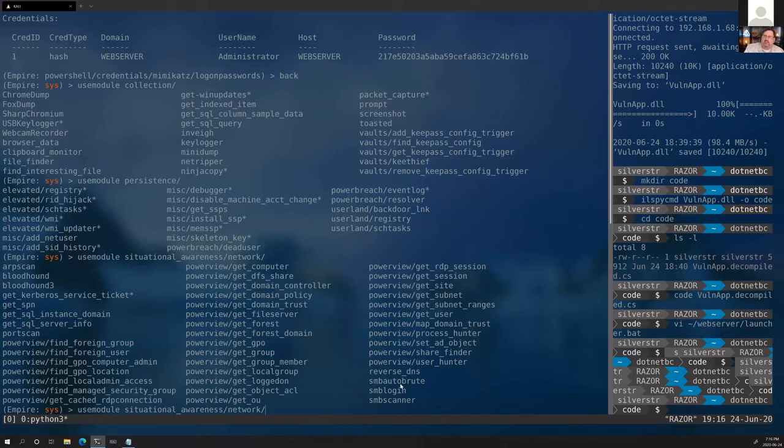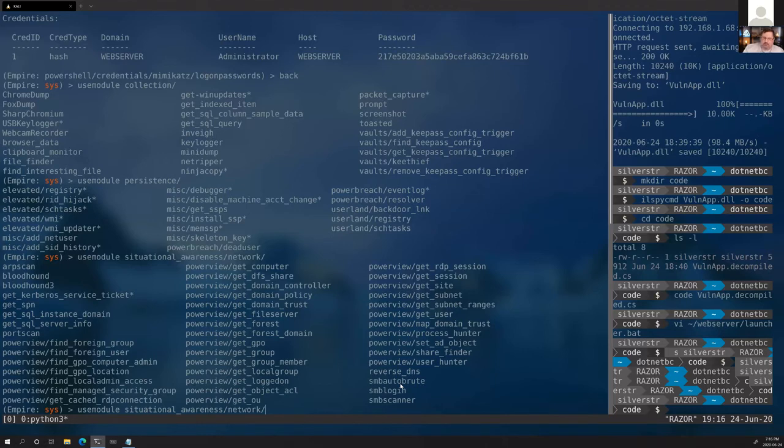That gave us enough information to find a path traversal vulnerability, which was very simple. It just simply broke out of the file read code that was there and gave us access to look at other things. In our case, we were able to look at the web.config, and then we found the global.asax file. That allowed us, because we knew .NET automatically has these binaries sitting behind in the bin directory, and we knew what the naming convention was, which was vulnap, and we were able to then download that